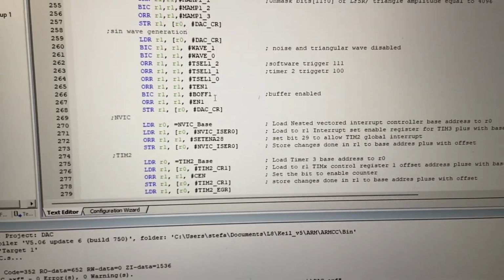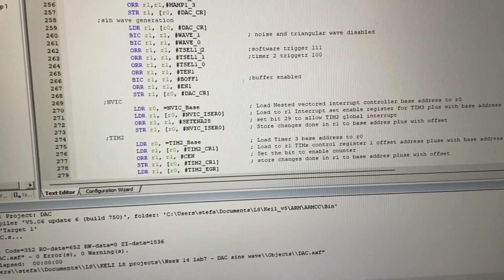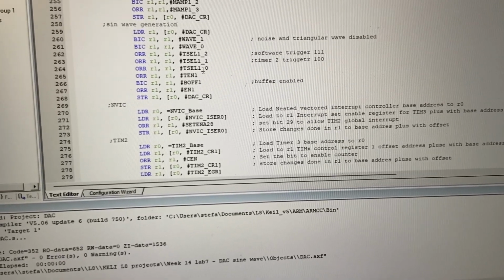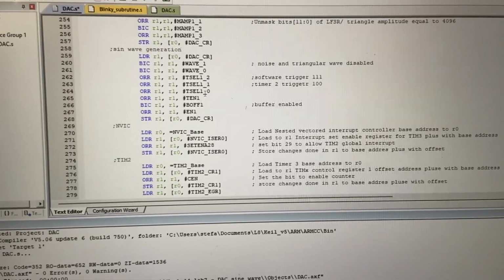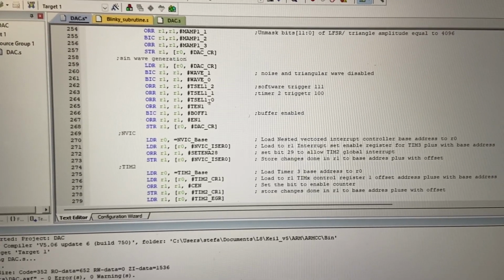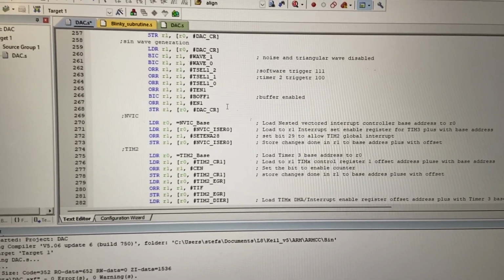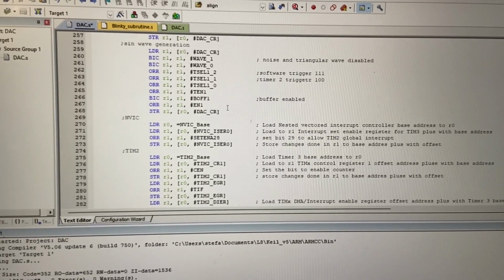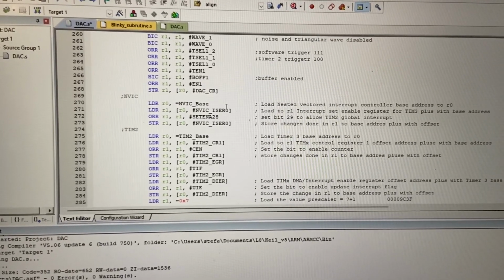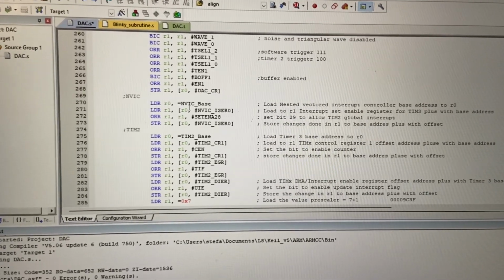And further on, we're disabling wave function, and we're selecting software trigger. For now on, I'm still working on triggering a digital analog converter by a timer event, but I haven't got a success yet. Then we're allowing interrupt, global interrupt in NVIC register,